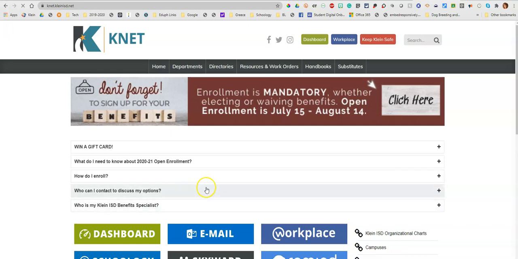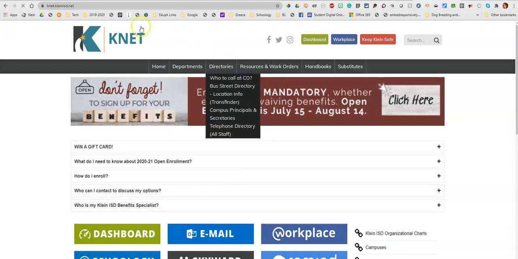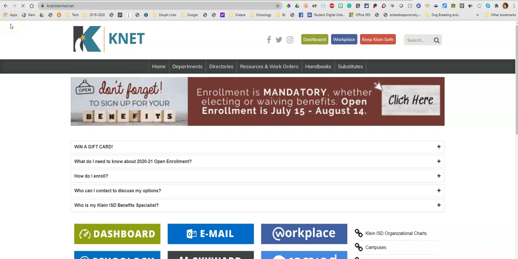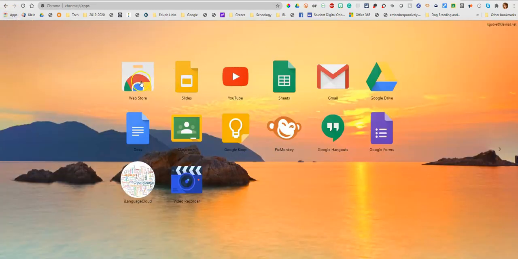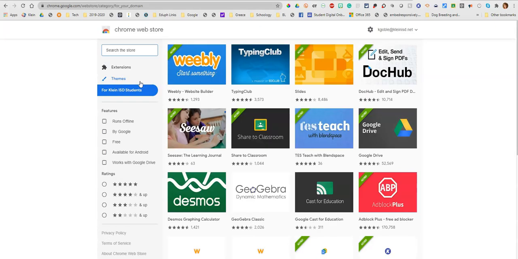Let's look at installing Snap&Read. So the first thing to do is go to the Klein Web Store, and so you're going to click it. The best way, I think, is to click in the top left corner on Apps and then just click on Web Store. Now you're going to search for Snap&Read, all one word,